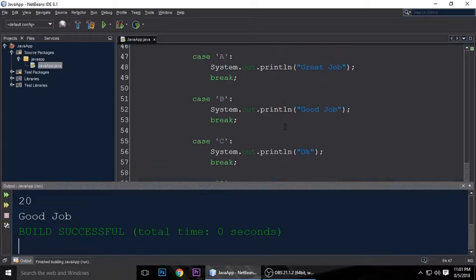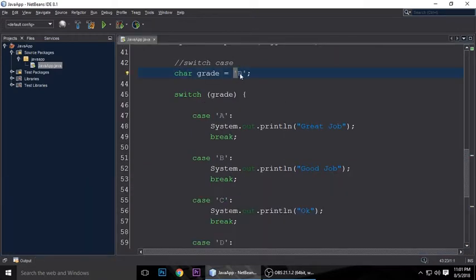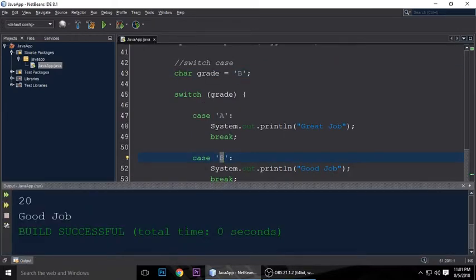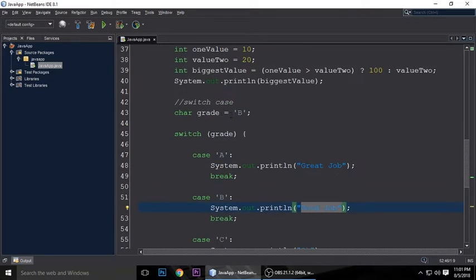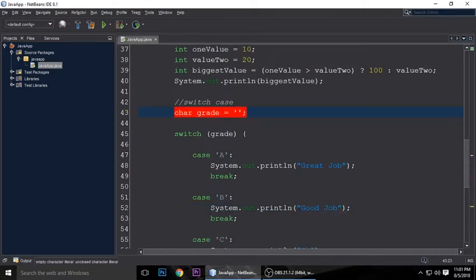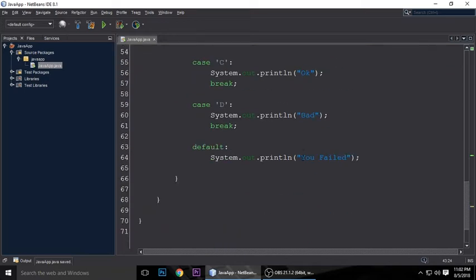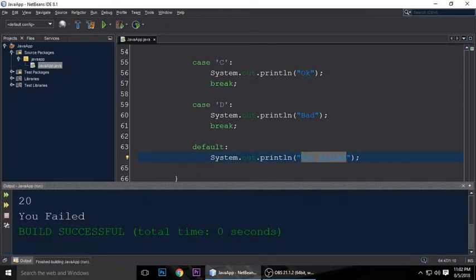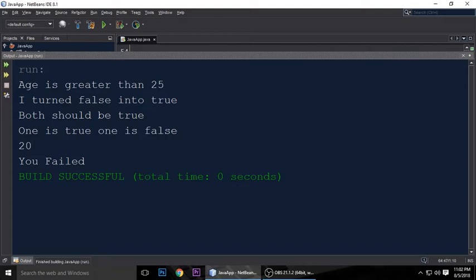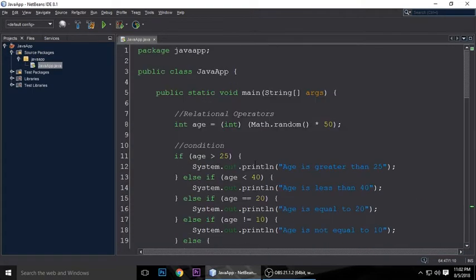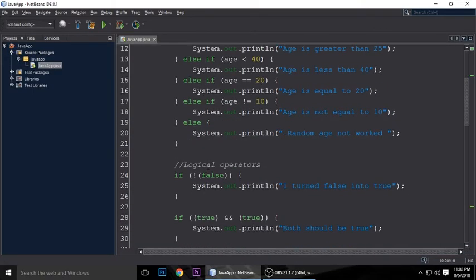So good job, because our grade is B. When we change to any other character which is not present in our cases, it shows you failed. So today we have seen conditions,